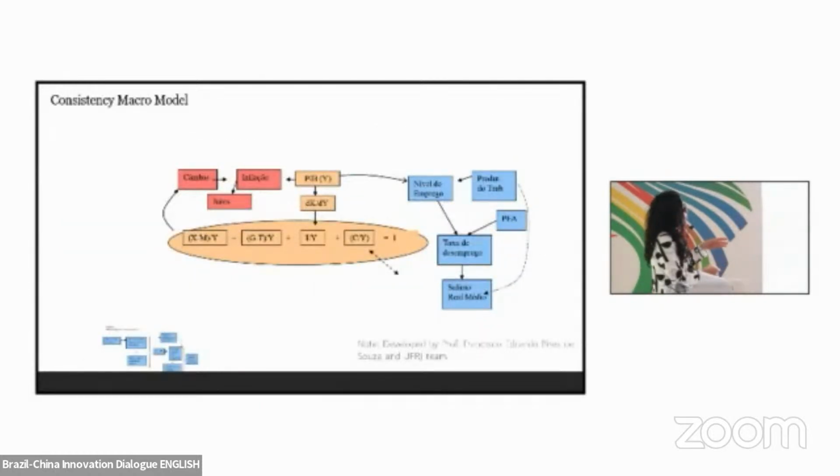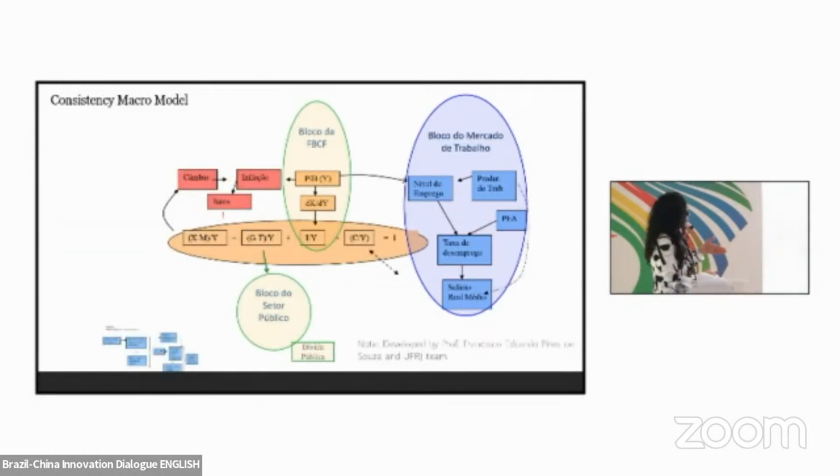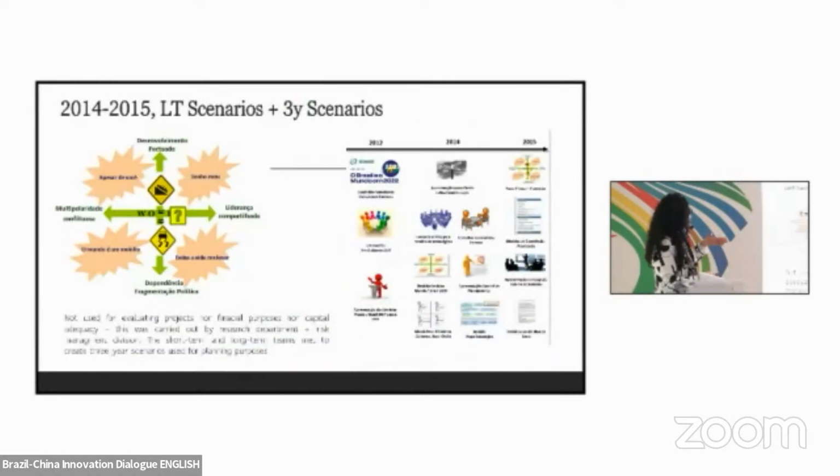So they also used a macroeconomic model with different blocks with 200 variables. But long term is a long term, 15 years, even for a development bank that is too much. We needed other tools to have a strategic talk. So besides these 15 years, we had 3-year scenarios to try to discuss in what direction we were going. If we're going the Sonho Meu route or Deixa a Vida Me Levar. There are 2 different songs in Brazil that show 2 different directions.